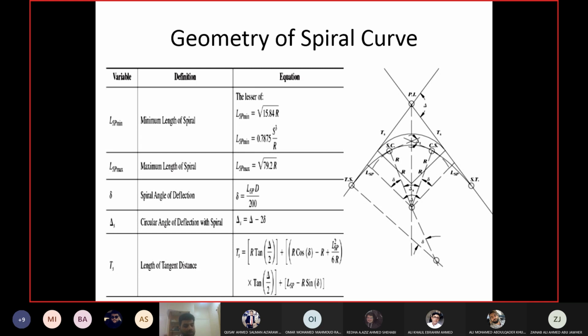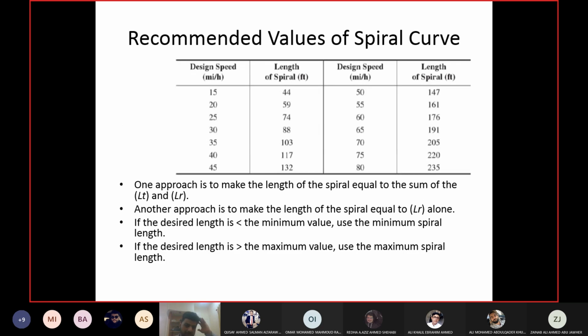But obviously I have not seen the maps. Some students have tried getting the maps from the Ministry of Works, but only a few of them have succeeded, and I'm not sure about the spiral curves in those maps. It should have been. I am 99% sure that these highways, which I've just mentioned, have spiral curves wherever the curve is given. I'm 99% sure, but obviously I cannot be exactly sure unless somebody from the ministry confirms. Any other question?